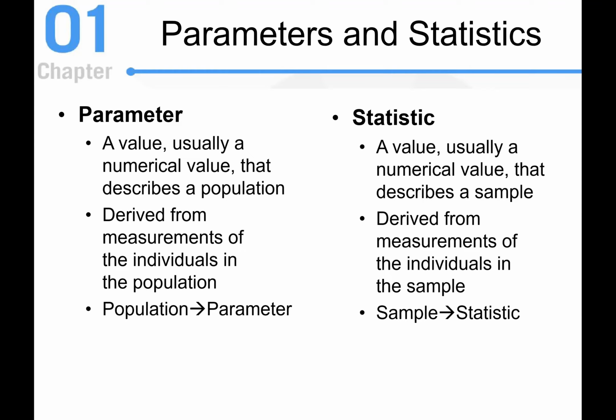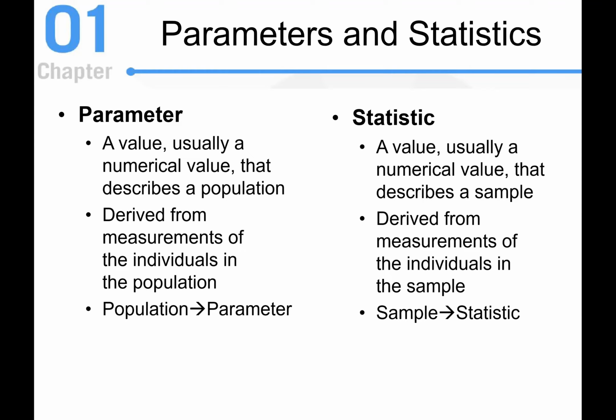However, we normally don't have the information to get a parameter. That's usually mostly because populations are extremely large. So we're not able to measure everybody on this one key aspect or one key variable in the population because it's usually impossible. So we'll move on to the next term, which would be what we do instead, what's called a